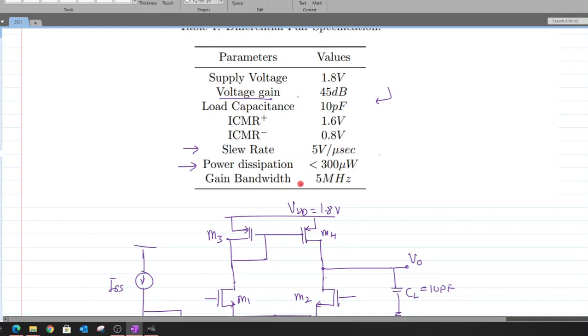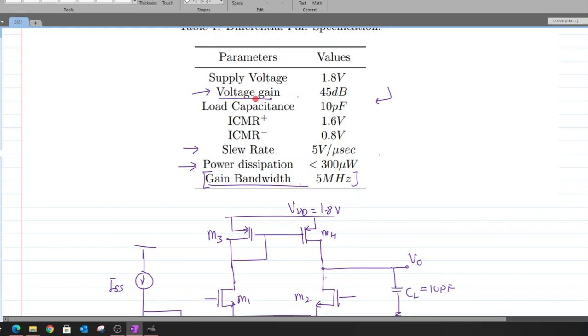The other specification is the gain bandwidth. Now the gain bandwidth product is nothing but a product of gain and the bandwidth of the circuit. Okay, so whenever you want to calculate the gain of the circuit, there are two specifications that are given. Among these two specifications, again it is this gain bandwidth product that has to be satisfied compared to the voltage gain. It is the gain bandwidth product that overrides, or has the highest control of defining the aspect ratio, compared to the voltage gain.